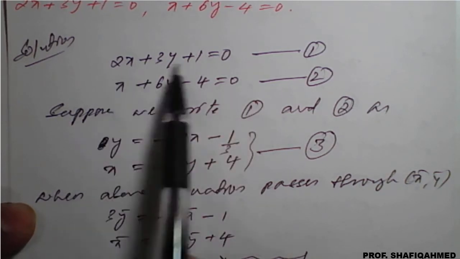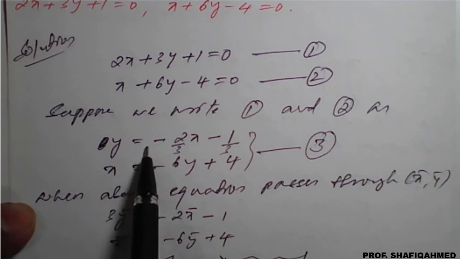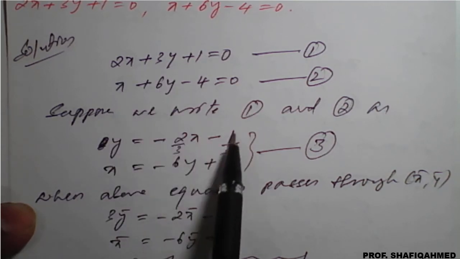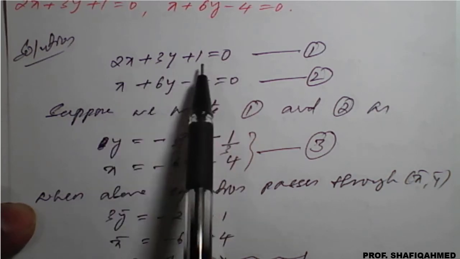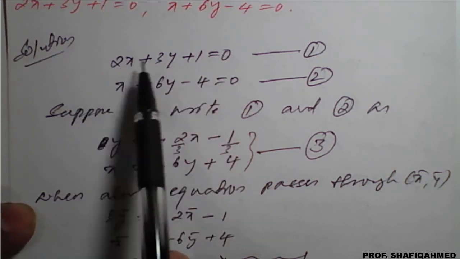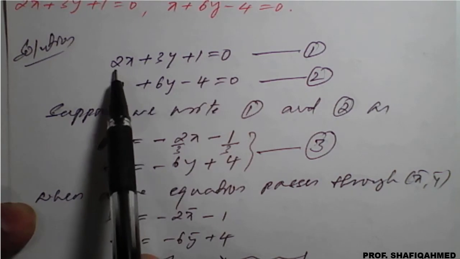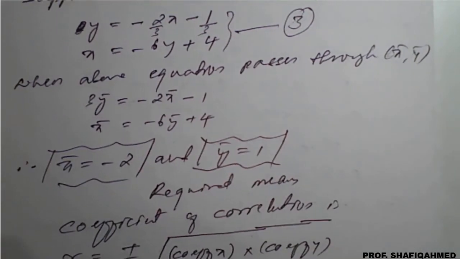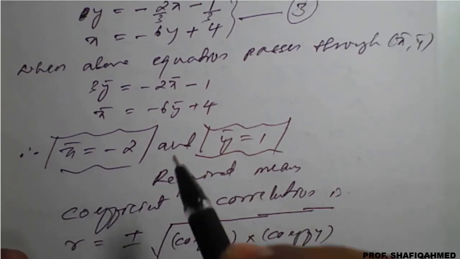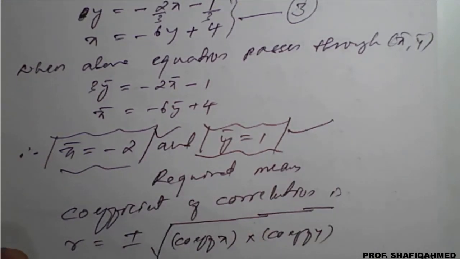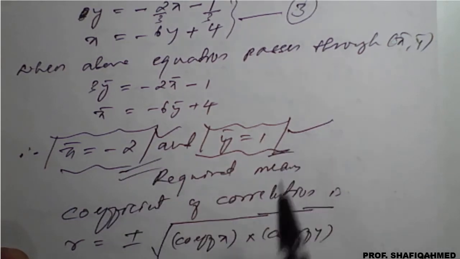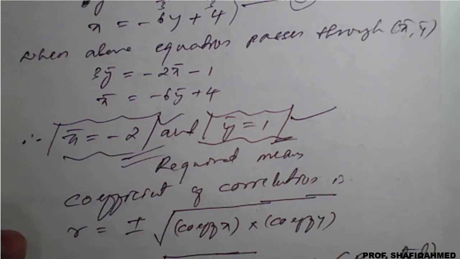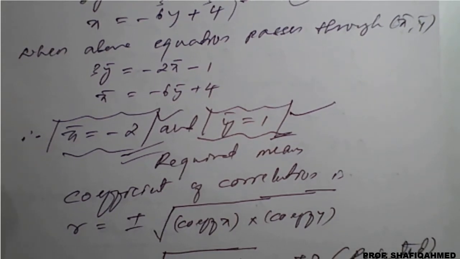So we have taken y is equal to this, we have cross multiplied minus 3, so minus 2 by 3 x minus 1 by 3. So now for equation number 1 we'll keep 2x on the left hand side and rearrange. So we multiply this 2 to the right hand side. We'll rearrange and perform the same process once again, but x bar and y bar will remain unchanged. So we got these two values, we no need to check this. Only we need to check the regression correlation coefficient. We'll check that one now.